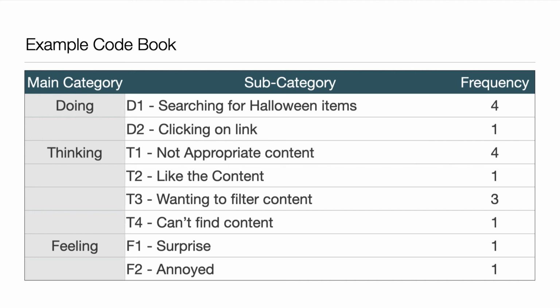As you're doing this, you might make a mistake. You might have to go back and make sure that D1 and D9 actually are different. It's very common to make the mistake of creating two different themes that are the same thing. So recoding to get the number of subcategories down is a wonderful way of doing that. If you want to know more about thematic analysis and how to write it up, the videos on the channel go through everything in great detail. I really recommend you go back and watch those earlier videos.